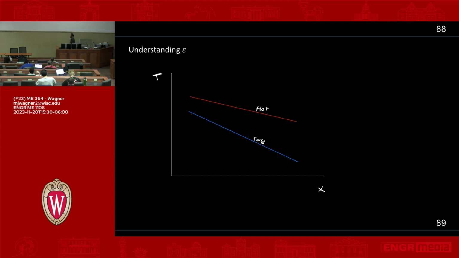The first thing is going to be, which of these two has a lower capacitance rate? Is it the hot or the cold? Remember, capacitance rate is m dot times Cp. They're both absorbing or transferring the same amount of heat. So which one has the lower capacitance rate? Any guesses? No? All right. So the one with the lower capacitance rate is the one that can absorb less